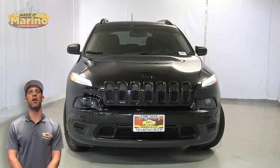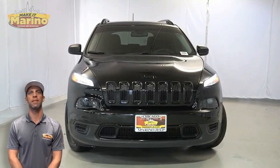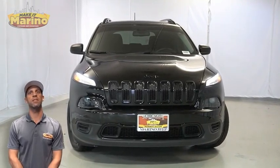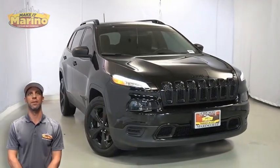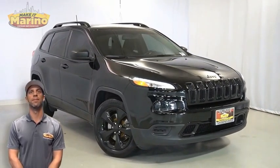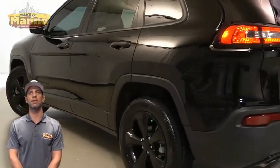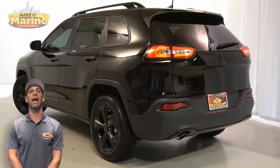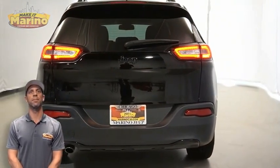If you're looking for a functional, compact SUV with reliability and safety for the whole family, then take a look at this certified pre-owned 2017 Jeep Cherokee Sport in Diamond Black Crystal Pearl. With HID headlamps, electronic stability control, 18-inch aluminum wheels, gloss black exterior accents, LED tail lamps, bright exhaust tip, front